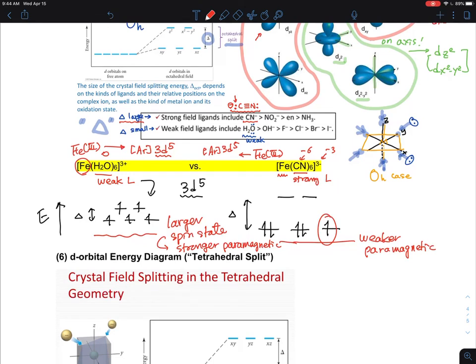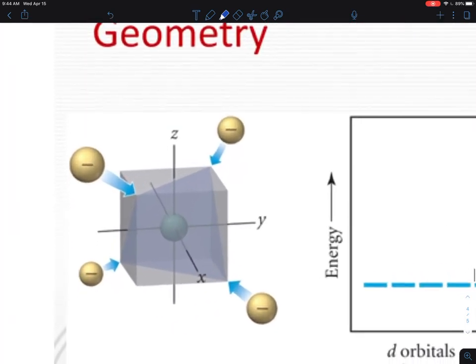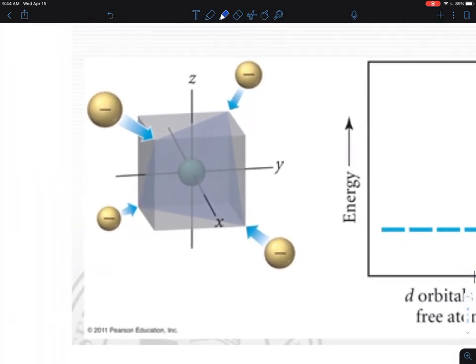And then I actually take a little extra mileage here. What about the tetrahedral split? So this is the same d orbital. Now think about this idea. I kind of talked about x, y, z, and these are the axial positions. But for tetrahedral, you can think about the picture just looks like what is highlighted in the bluish shade. And this is where your ligand is pushing its lone pair electrons for coordination,